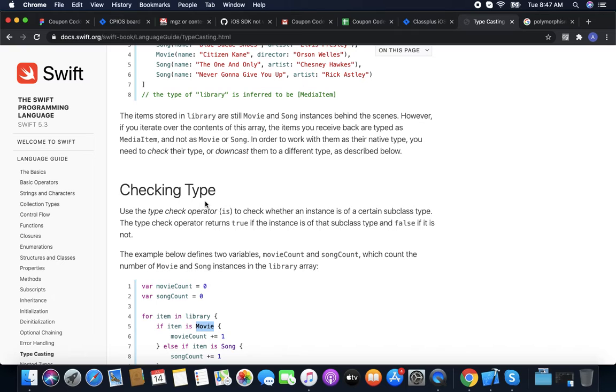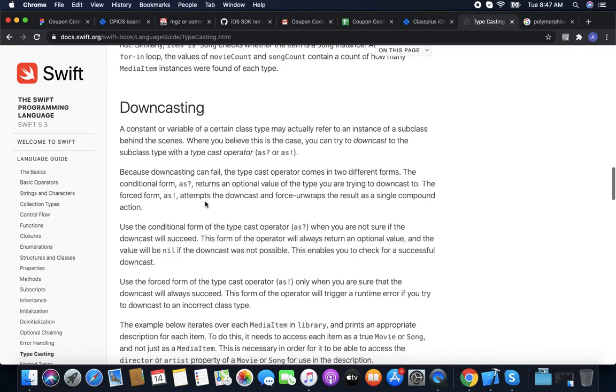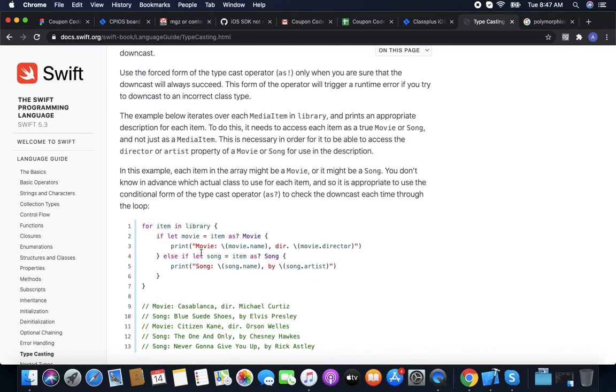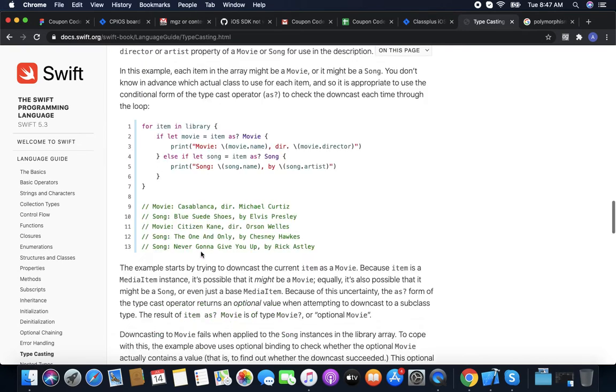So the first thing is checking the type. Now another thing is downcasting. Now we want to forcefully tell it's a movie or not. So downcasting is a thing in which we can cast a superclass to a subclass.